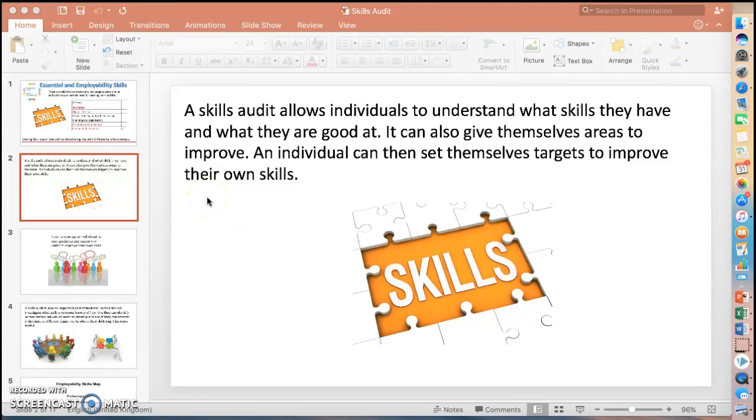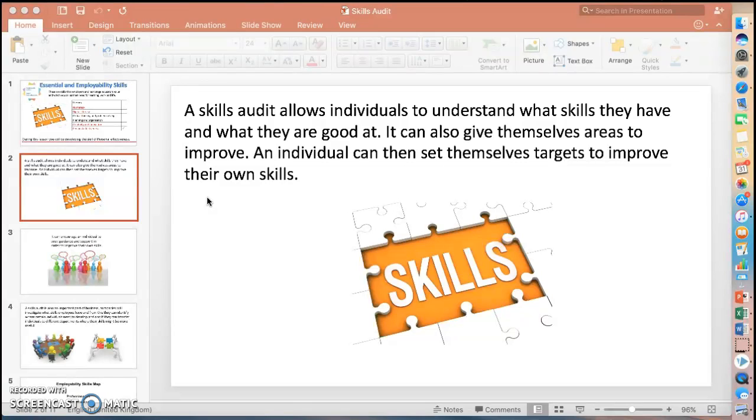Okay, welcome to the second lesson on using skills audits for the enterprise challenge. Can I just reiterate again, do not use the same ones you used for community challenge because they're different ones, and they were targeted at community skills and the other skills that we were looking at. Skills audits we'll show you within this lesson are purposely produced for enterprise skills, which is what this challenge is